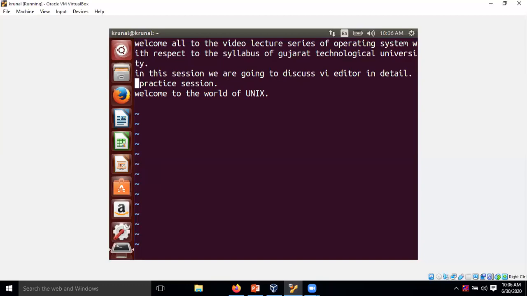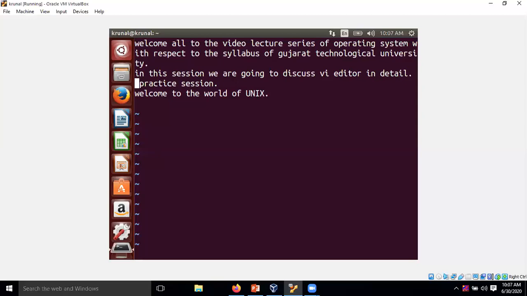Whatever changes you have performed to a particular line, if you want to undo all of them with the help of a single command, you can do it with this shortcut, capital U. Small u will do undo, but it will undo the last change only. But in the case of capital U, it undoes all the changes to the entire line.